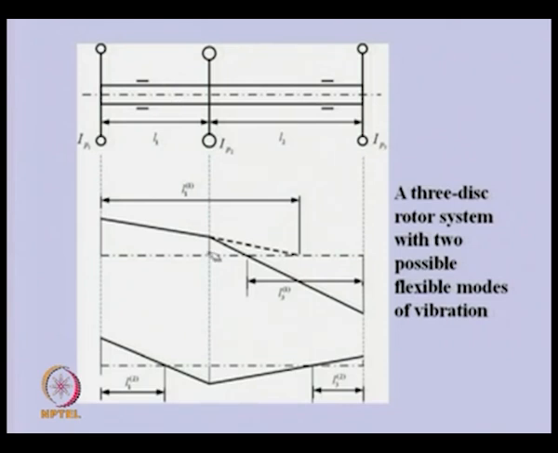In this particular case we assume a specific case, and depending upon the relative values of the natural frequency and the torsional stiffness of the shaft, we can have another possible mode shape in which disks 2 and 3 have the same displacement compared to 1. But for the present case, let us consider that disks 1 and 2 have the same displacement compared to the third one. So, now if we consider this particular system, let us say the third case, in which we have